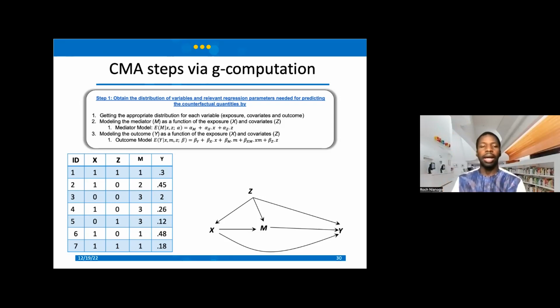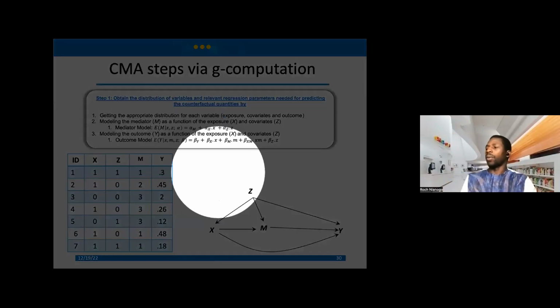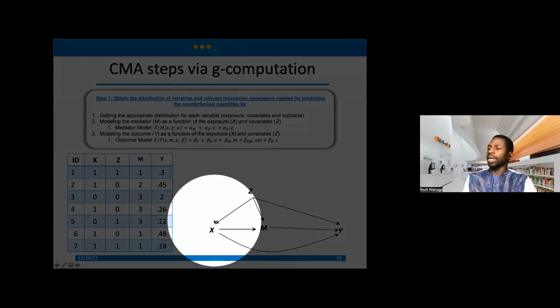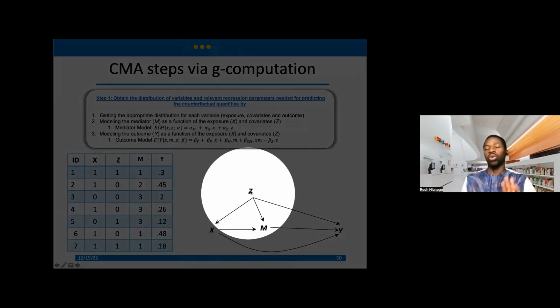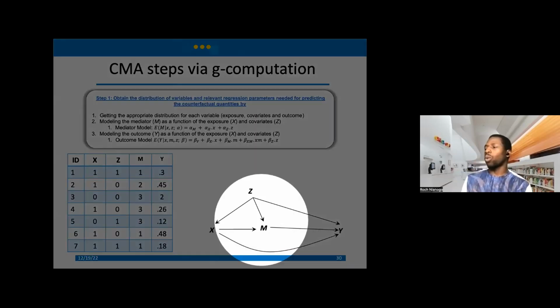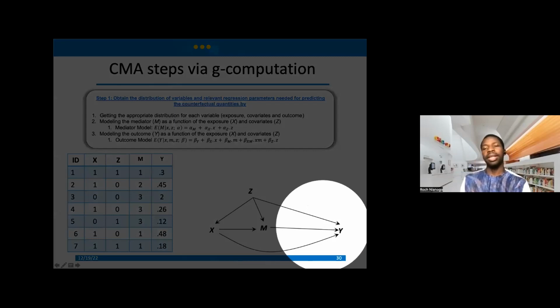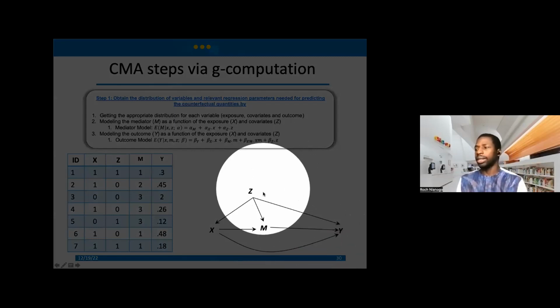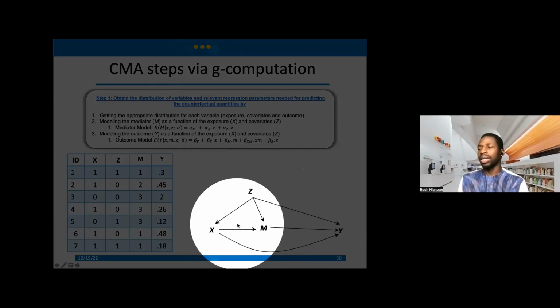The second step is you regress. You model the mediator as a function of the exposure and the covariates. That's why a causal diagram is very important, because as you can see from this diagram, we have M, whose parents are X and Z, right? So those are the 2 arrows that go into M. By actually having that, I know that when I'm going to regress M, I'm going to regress M on X and Z. And same thing for Y, you're going to regress Y on everything that points into Y. First one is Z, second one is M, and then the third one is X.